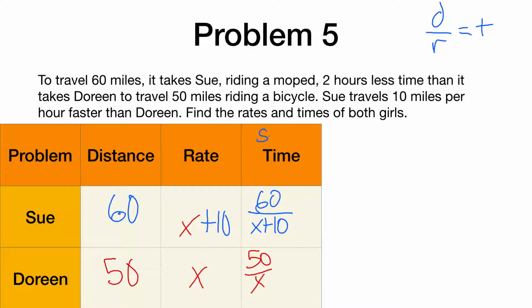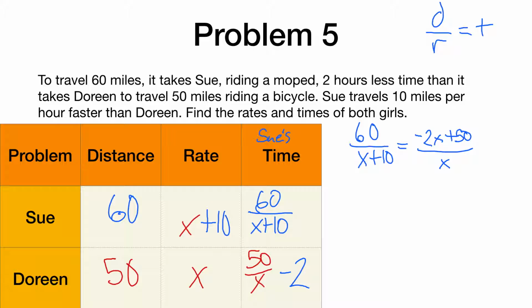So if I'm saying that this is Sue's time, and Doreen, let's say, went for 5 hours or for 10 hours. If Doreen went for 10 hours, we know that Sue takes 2 hours less. So I would take Doreen's 10 and subtract 2. Now these work. So let's see. That's 60 over x plus 10, and that's going to equal negative 2x plus 50 over